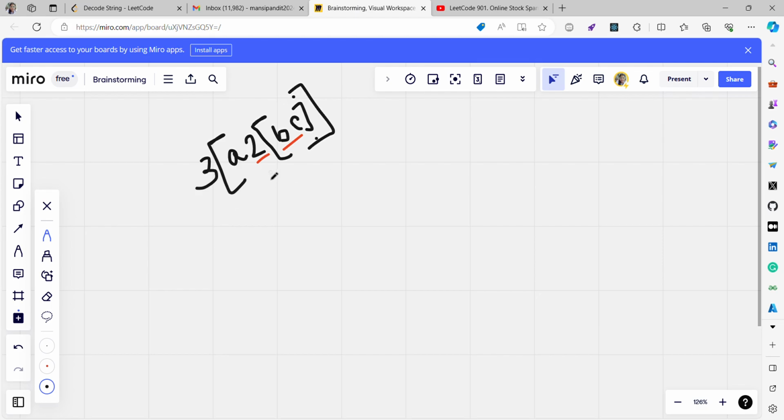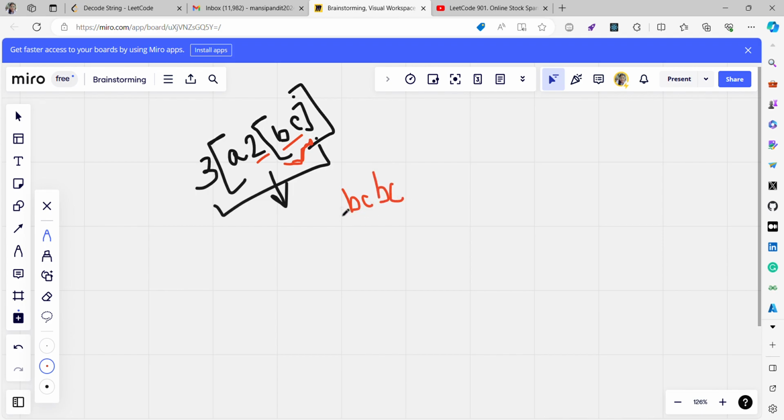So as you can see, this is the given string. There is a bracket, and this closing bracket. Whatever string is present inside it, and whatever number is attached to it, this inside string will be repeated that number of times. As you can see, the 2 is attached to that particular bc string, so it will be repeated up to 2 times. So we have this bc and then again bc,